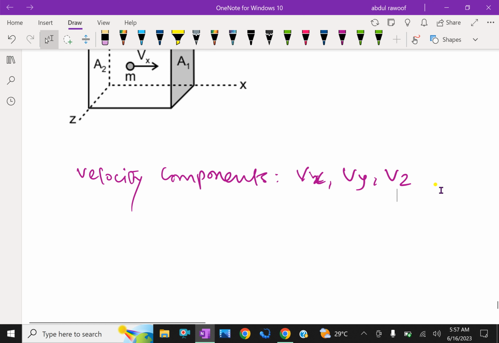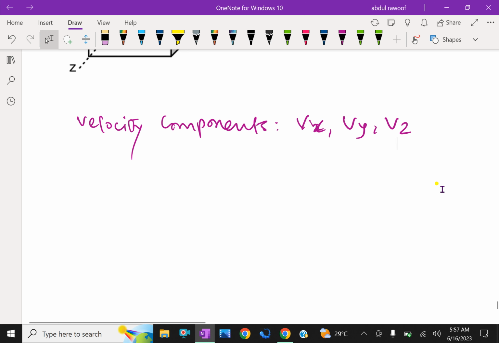Thus the number of molecules with velocities Vx, Vy, Vz hitting the wall in time delta t is half